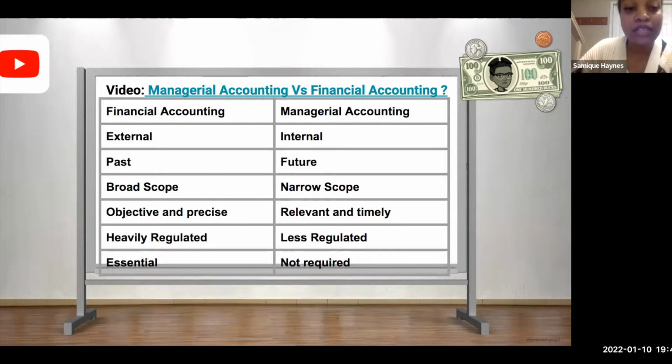The financial statements are provided to people outside of the organization so that they can decide whether or not they should lend to the business. Should we lend them money? Or whether or not they should invest in the business. Should we invest? Just like right now, a lot of people are looking at investing in stocks in different businesses. And in order for them to make informed decisions about that, they might go online to double check and see what their financial statements look like.